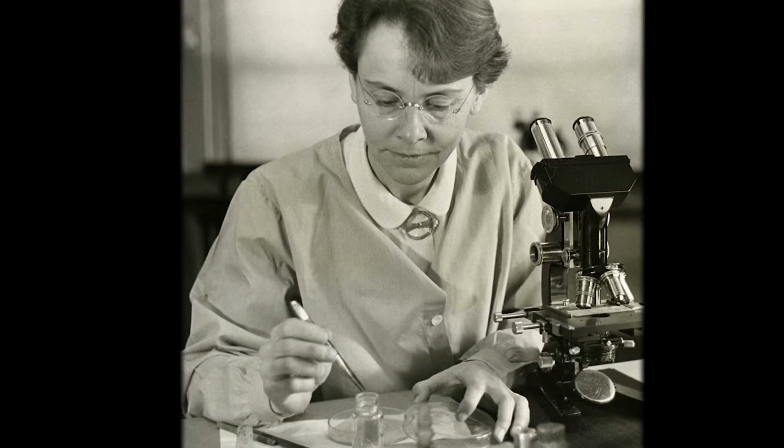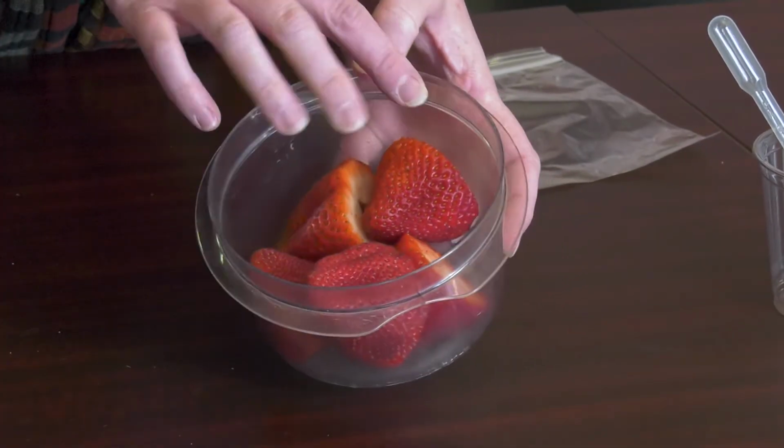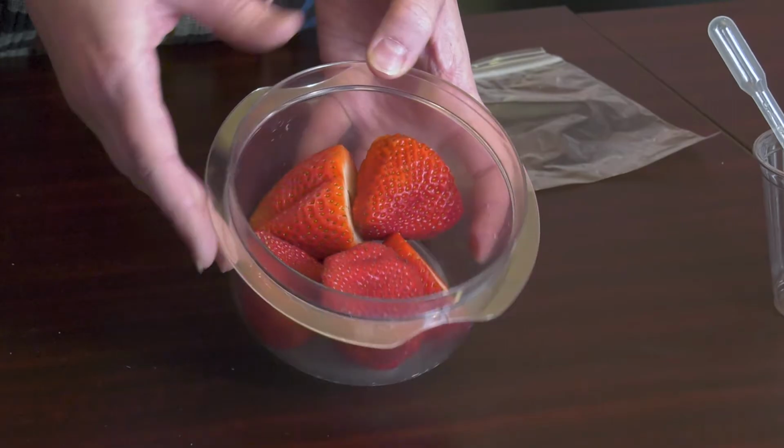Barbara McClintock studied genes, and what genes are is the basic unit of heredity, a special type of DNA that codes something. Genes determine what traits are passed down from a parent to kid, like hair color or eye color. A single strand of DNA can contain thousands of genes. Barbara studied genes in corn, but today we're going to look at strawberries and attempt to extract some DNA from